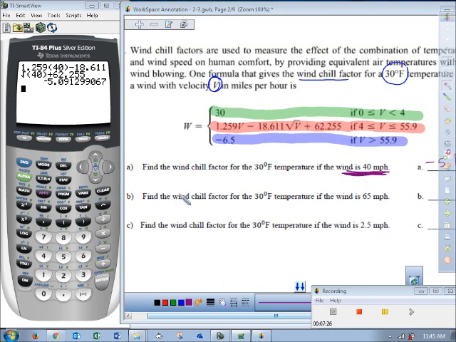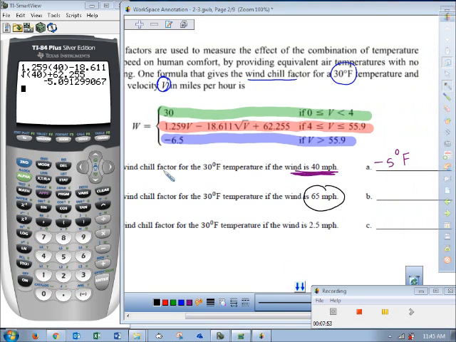And it says find the wind chill if the wind is 65 miles per hour. So if the wind's blowing 65, we've got to figure out which one of these pieces we're going into. 65 is the number you're trying to see which one of these domains it fits into, and doesn't it fit into the blue one? Isn't 65 greater than 55.9? So there's no real calculating to do. It is just literally negative 6.5 degrees